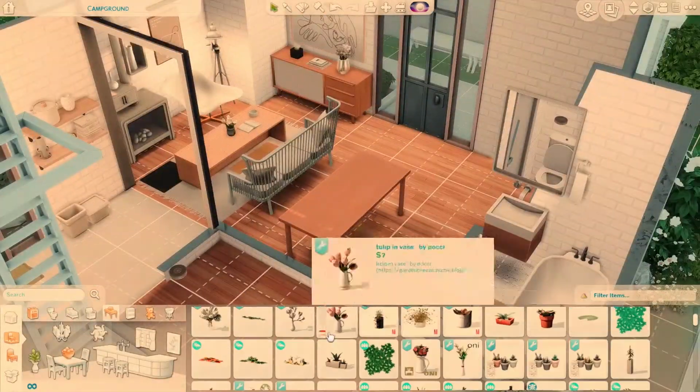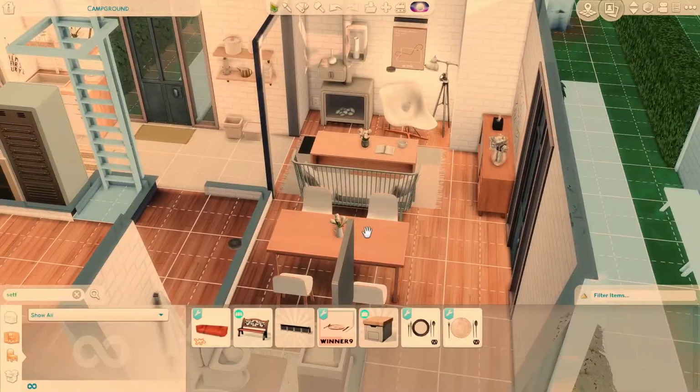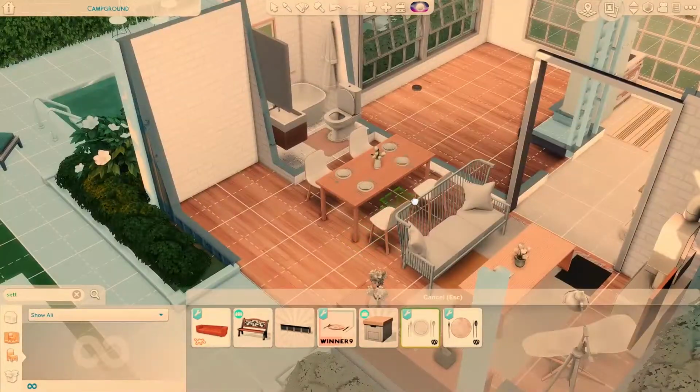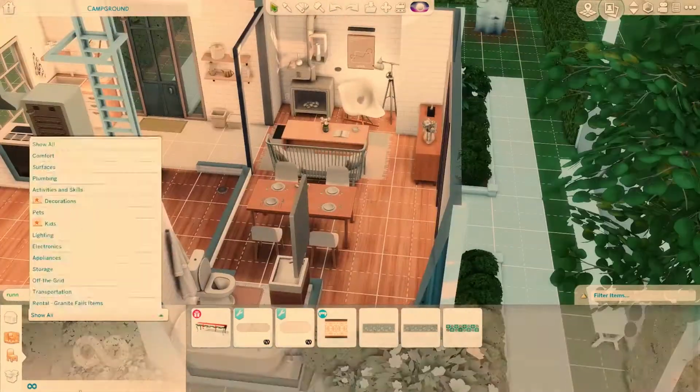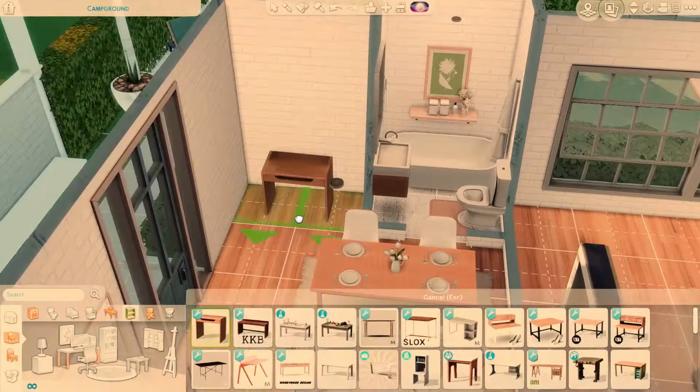And then over here I'm gonna put in a dining area. It's a little bit squished, but definitely, I think it'll work. Even in game, I think the path for this would be fine. I think they'd be able to sit down and stuff. Putting in a rug underneath that, and then over here in this back corner I'm going to put in a